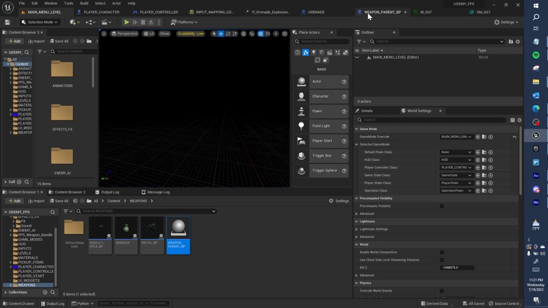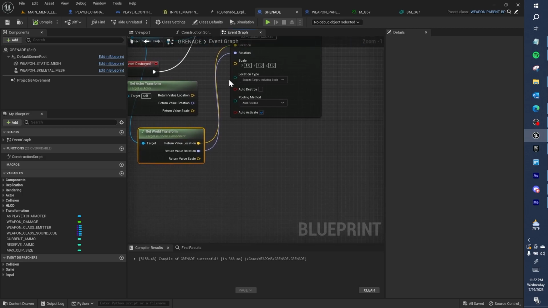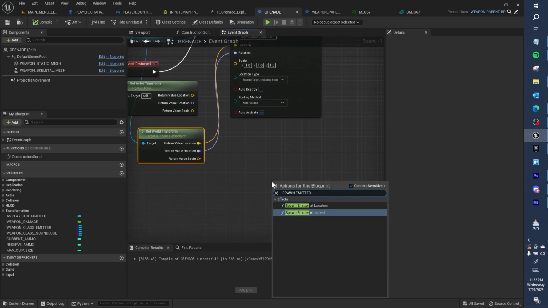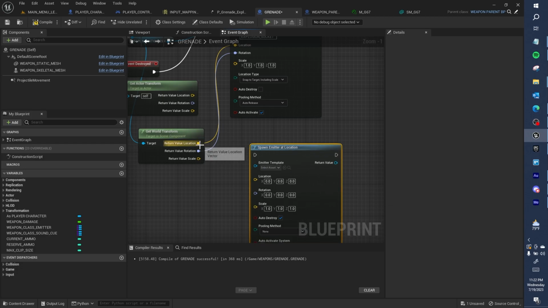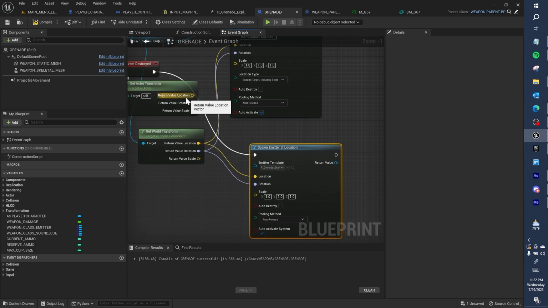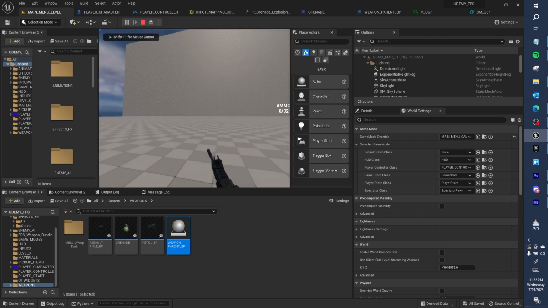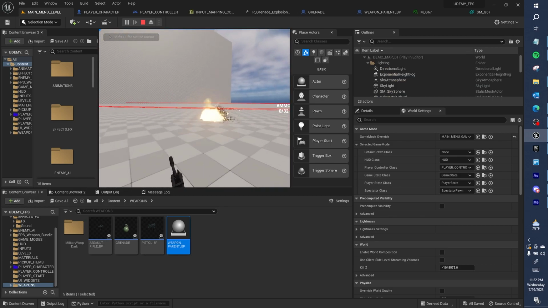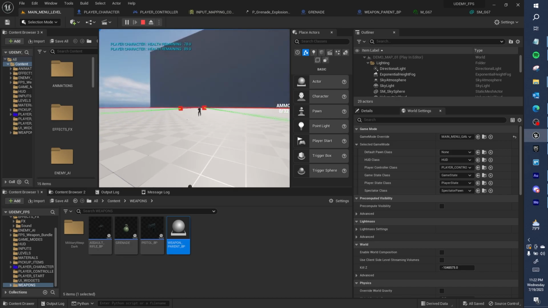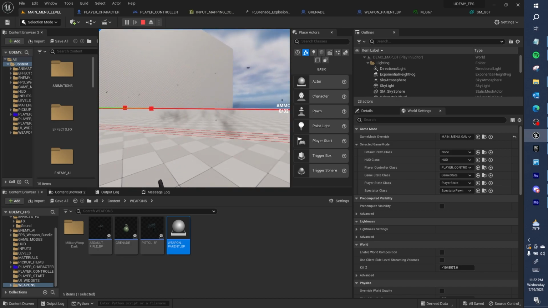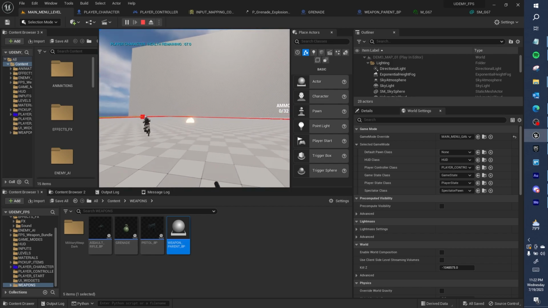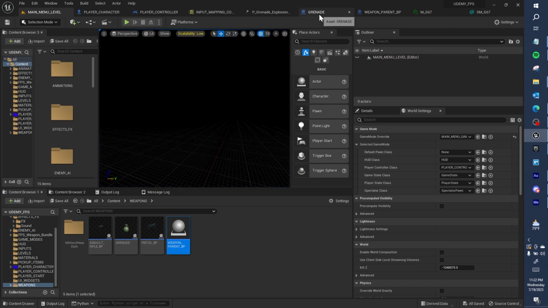I have some problems remembering. A spawn emitter location. Spawn emitter at location. There we go. Okay. Sorry about the wait. If you got a grenade,